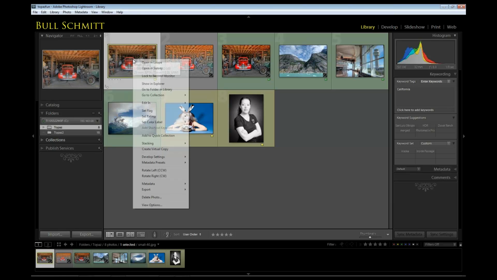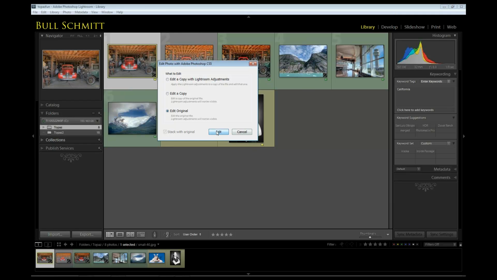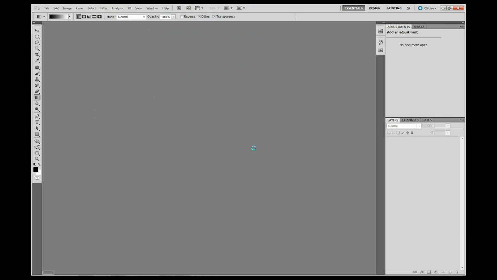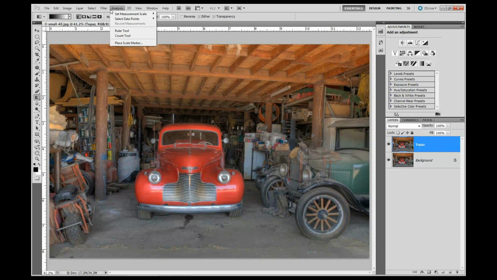Okay, so I'm going to launch out this car, and I'm going to just kick it up into Photoshop, and we're going to do the exact same thing that we did before. So inside of Photoshop, I'm going to grab our car, and I'm going to duplicate that background, giving it a new name. I'm always going to do that because for me, I save master files that have all of these layers, and that way I know what I've done when I go back. If I find something I like, I know how to recreate it, or I can always go back and make changes. So to this Topaz layer, I'm going to launch Topaz Adjust,